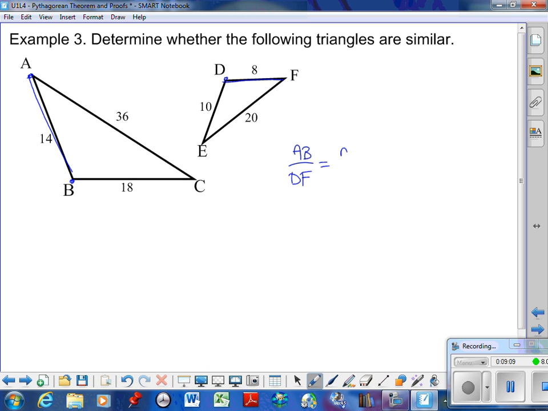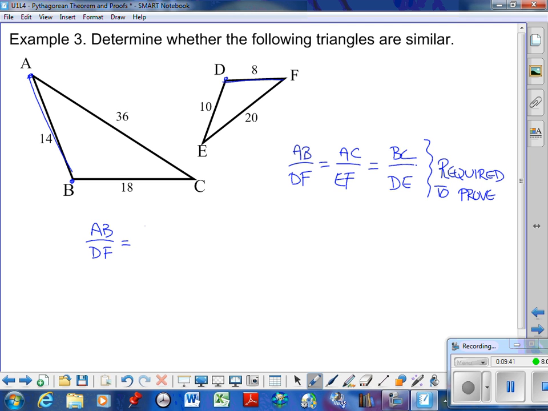The longest side AC matches with the longest side EF. And finally, BC is going to match up with DE. So I'm just going to put this, required to prove. It's not true until we prove it. So the first thing I'm going to do is ask, what does AB over DF equal? Well, AB is 14, DF is 8, so that gives me approximately